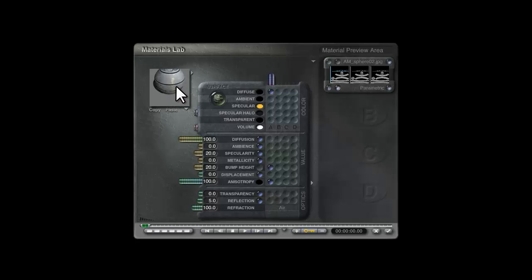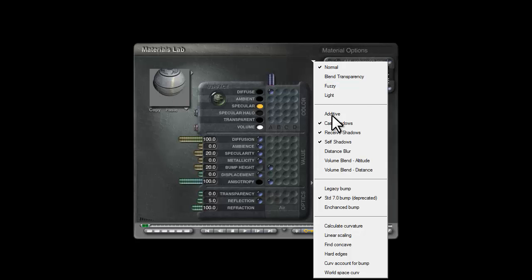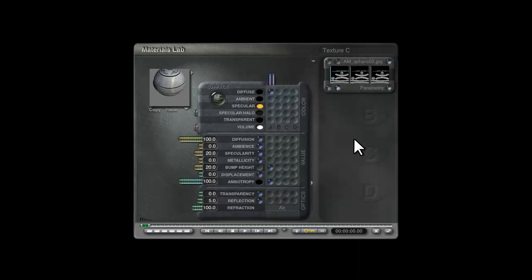You can probably see on the preview that it looks a little bit better, but you should be able to see on the render when we look at that in a minute. I want to check in here under the material options, because it's been brought in the deprecated Bryce 7 bump mode. So we either want to choose legacy bump or enhanced bump, since this is the least favourable option. So I'll choose the enhanced bump that came with 7.1,